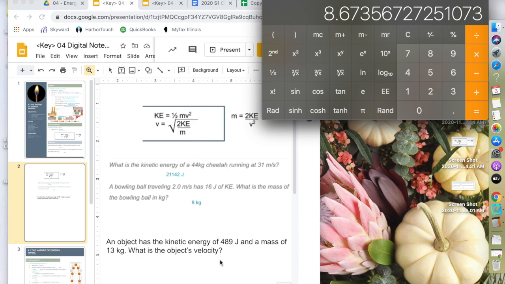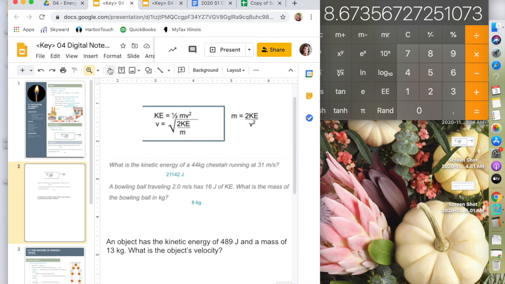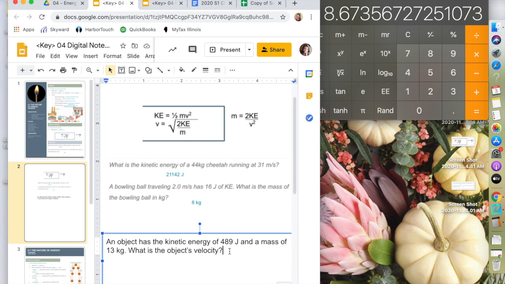So our answer for this would be 8.7 meters per second. Okay, so hopefully that helps you in what functions you're supposed to click in order to solve for these